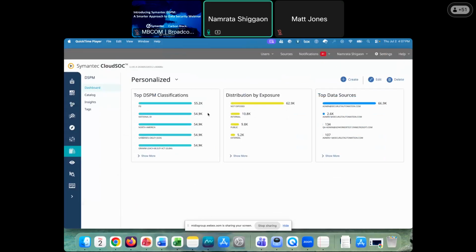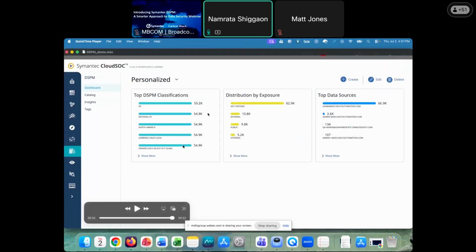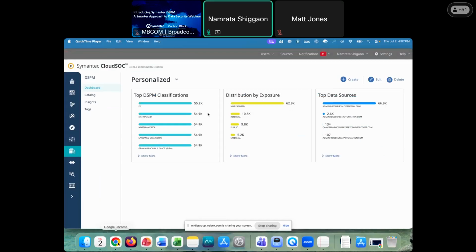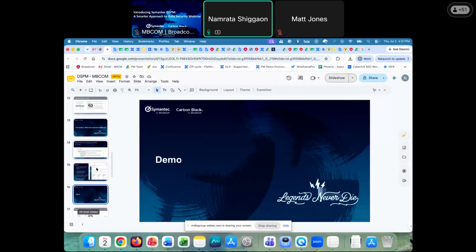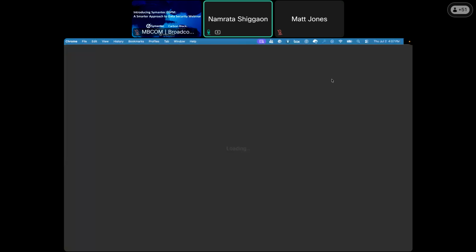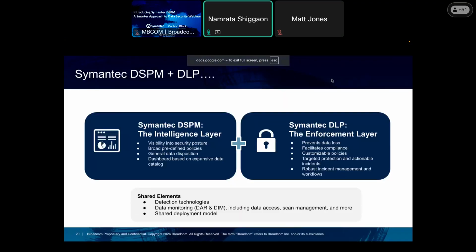And like I said, this is just a glimpse to give you an idea of how the DSPM solution works. So that's what I have for the demo. Moving on, let's go back to the slides, right? And we were here. All right, so I have a couple more slides to give you some more information, right? Now, going back to